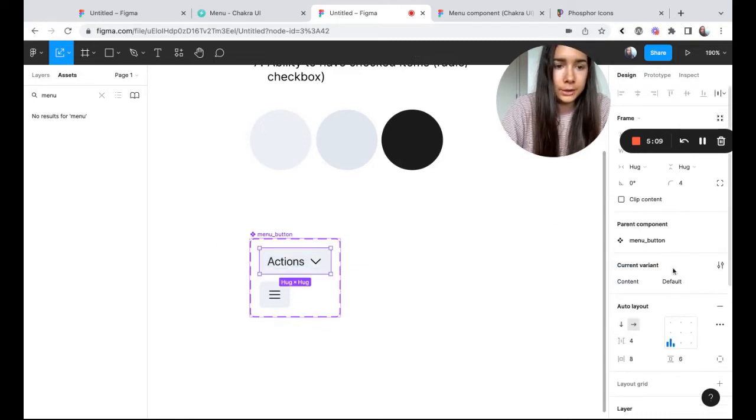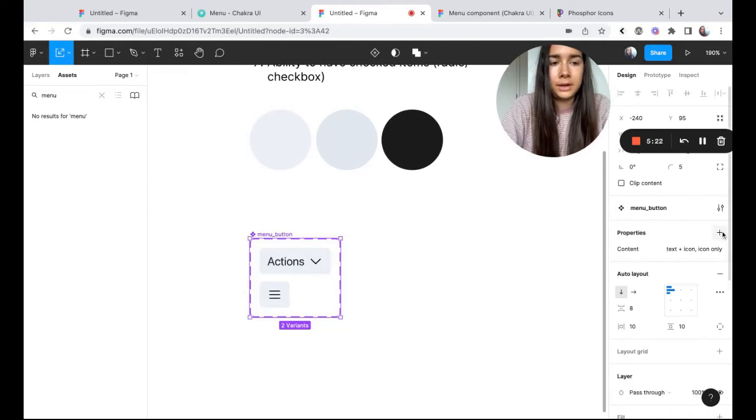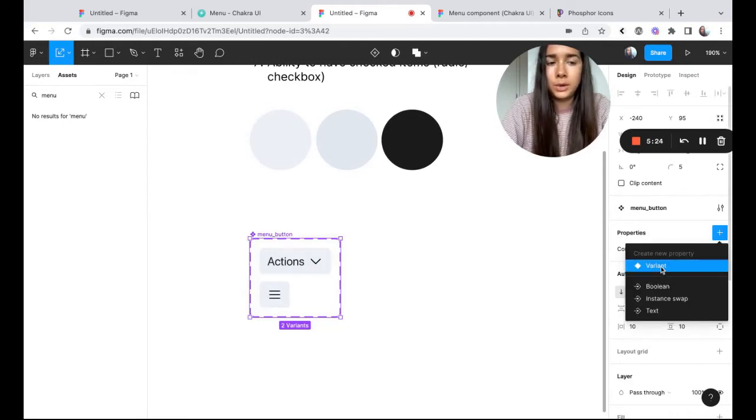And our first one is going to be text plus icon. Our second one is icon only. So using a variant is just one way to create this second icon only option. Another thing that you could use is a boolean.